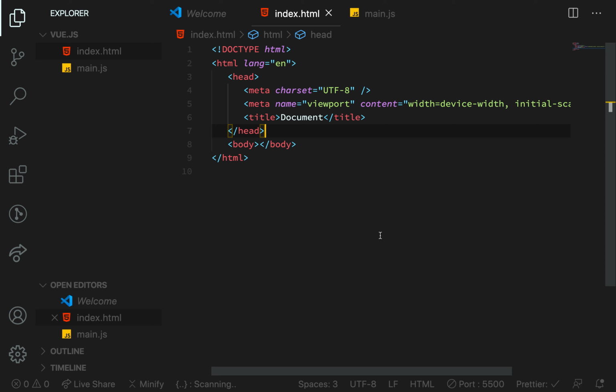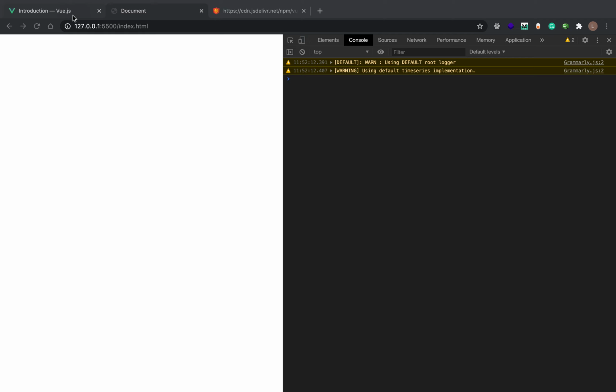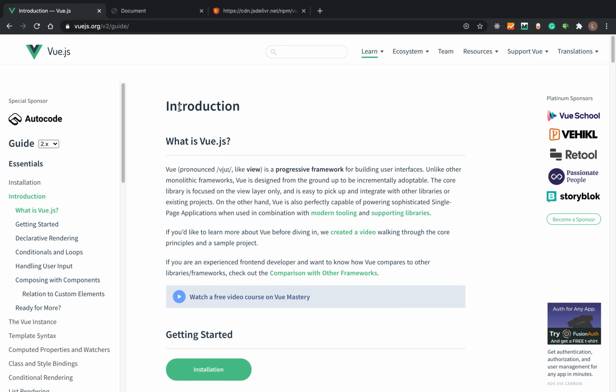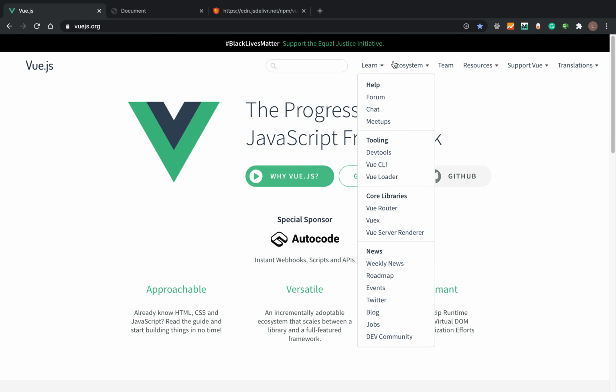start learning Vue.js. And I already prepared something for this. So I created this index.html, which is pretty empty. Wait, I'll zoom out. And you can see it's just boilerplate code. But the first thing we will do is open up the Vue.js.org page, the official ecosystem and documentation info